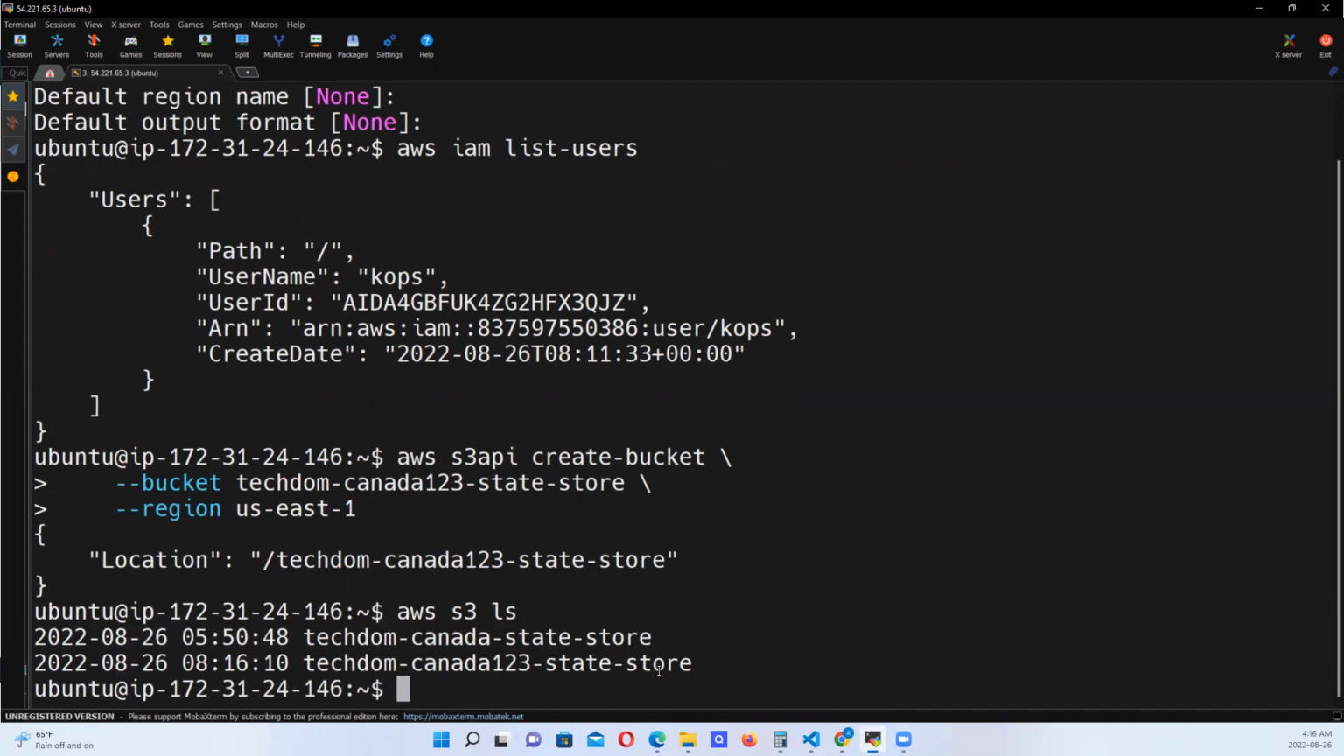So AWS S3 LS. Okay, so this is the one we are working with. So just take note of that. Now that I have this, I want to proceed to the next step. Okay, now, if you recall,